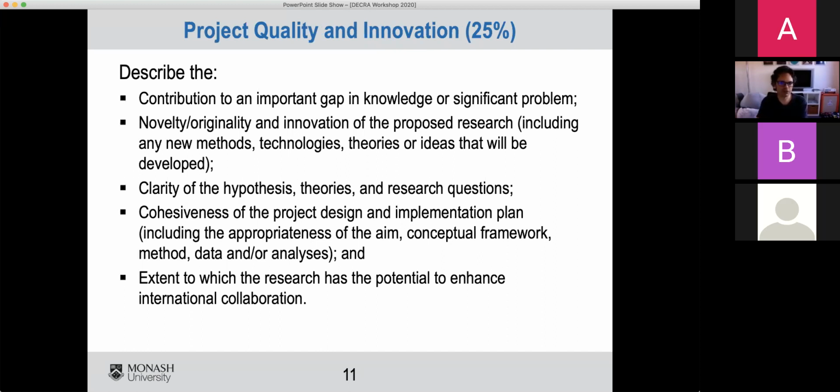Project quality and innovation is a quarter of the score. So you want your research to contribute to an important gap. I'll come to an example of performance evidence as opposed to research output a little bit later when we talk about how to put one of these together. A research output is a journal publication.